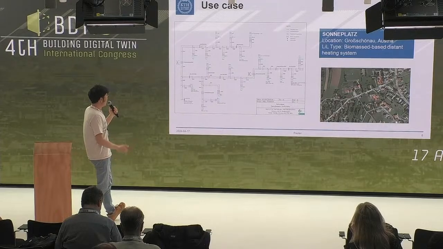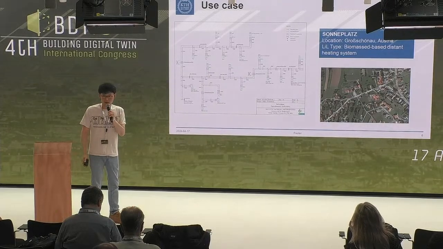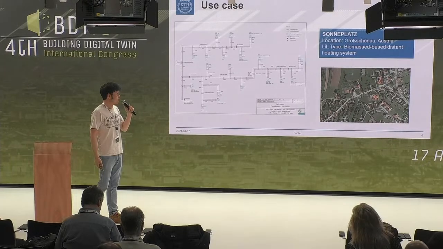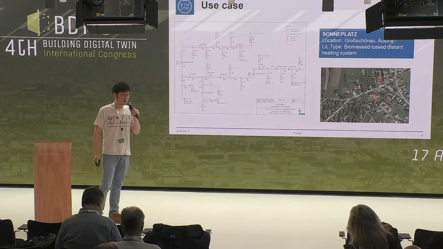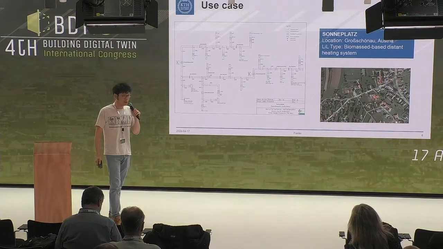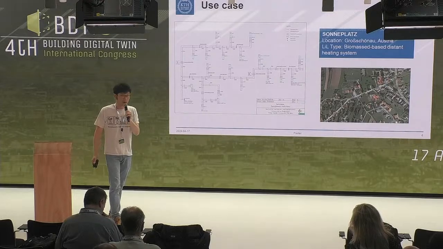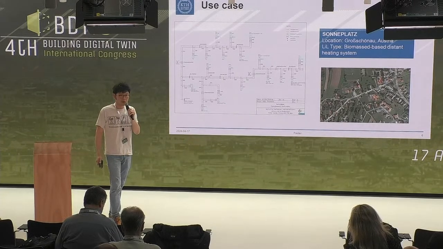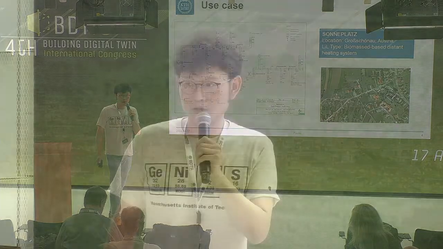In this case, we select one pilot we have in the project in Hypergrid. It's located in Austria, and they have a very nice thermal network already that is local. So it's district heating mostly, not cooling, and it's produced locally using biomass, and it is connected to the grid. And on top of that, there are several on-site renewable solutions already there, for example, PVs and thermal storage. So it's a good opportunity. We can try our concept a little bit. Here you can see a P&ID, the flow chart of the system.